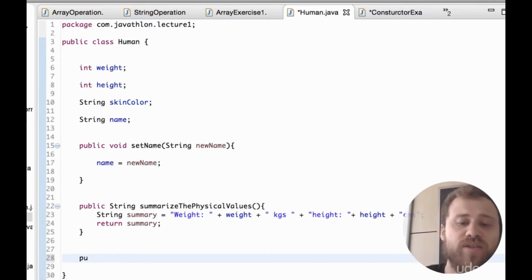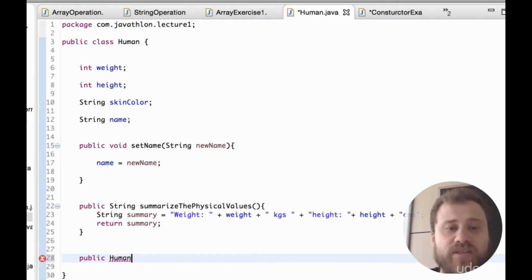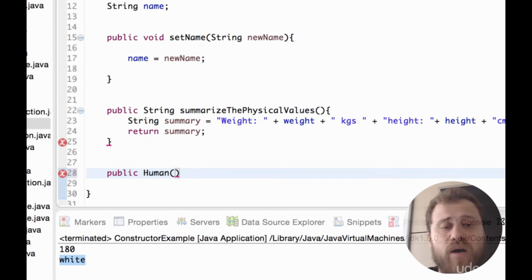Most of the constructors are special methods with public accessor, and constructors are methods that do not have a return value, so I'm skipping the return value, and the name of the method is also the name of the class, so I'm writing human here, and inside the parentheses I will assign the arguments. Now as soon as creating an instance, I need to set weight, height, and skin color attributes. So my arguments are these values: weight,